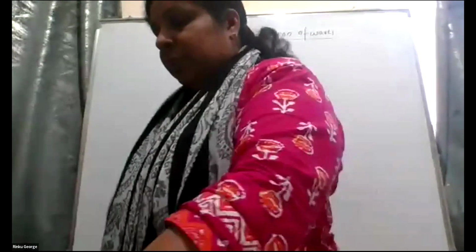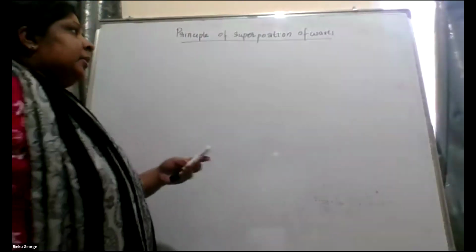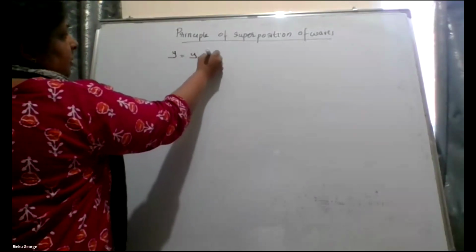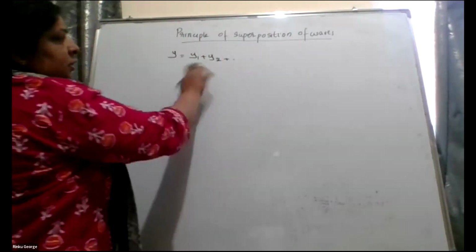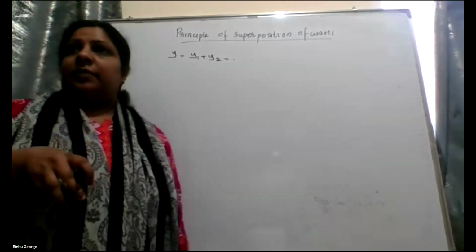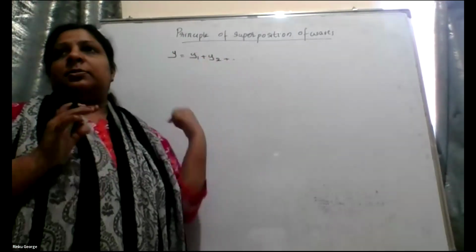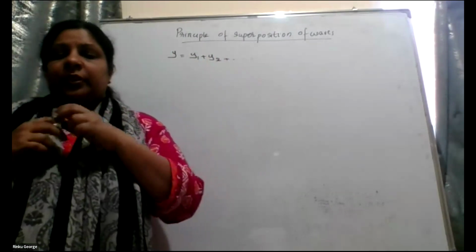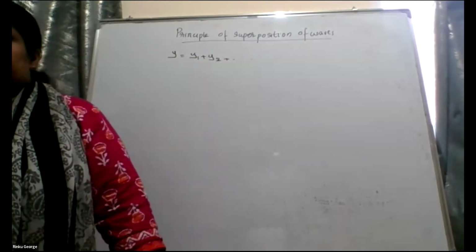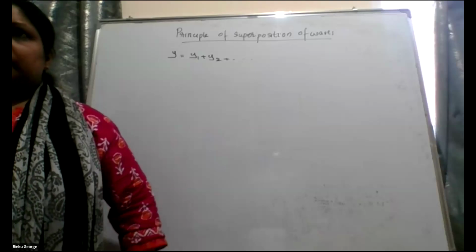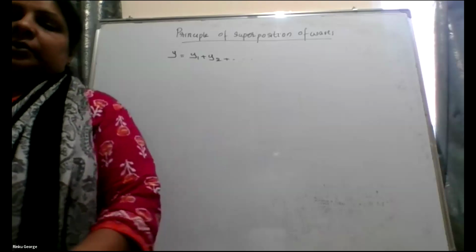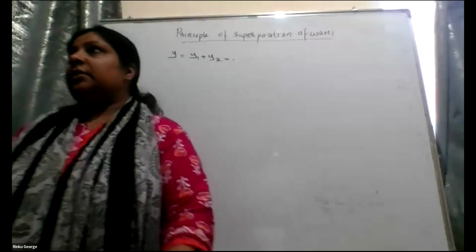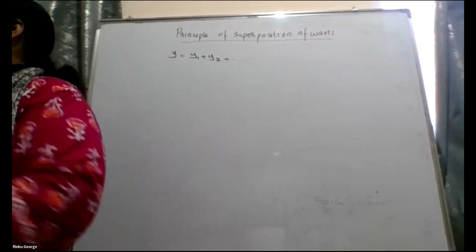In the equation form, you can write: y will be the resultant, y equals y1 plus y2 plus y3, etc. So y1 and y2 are the independent waves. y is the net displacement. Clear? Write the equation also. Then we have a derivation for this. Finished? So, derivation. Consider two harmonic waves.